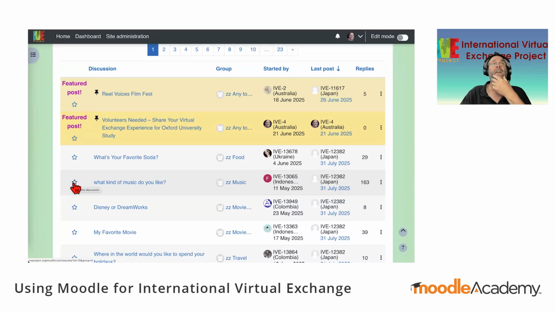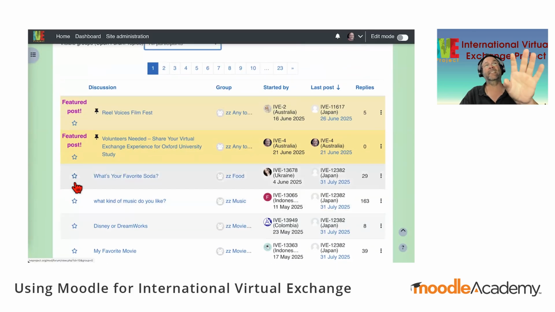into Moodle Core, if you click on this star, that starred discussion stays here on page one, and it's always there. So students started to work out, okay, I can keep my discussion very clearly focused on page one. It's not going to get lost.